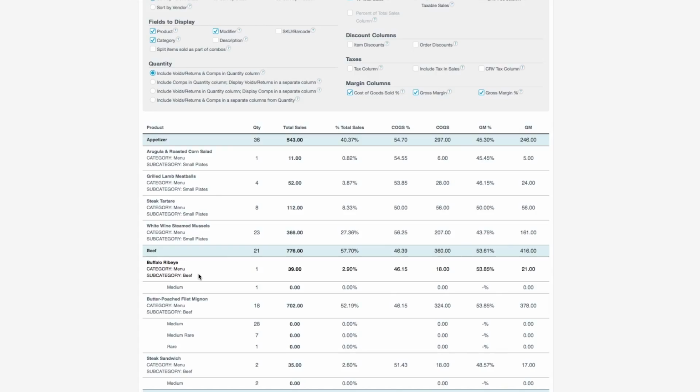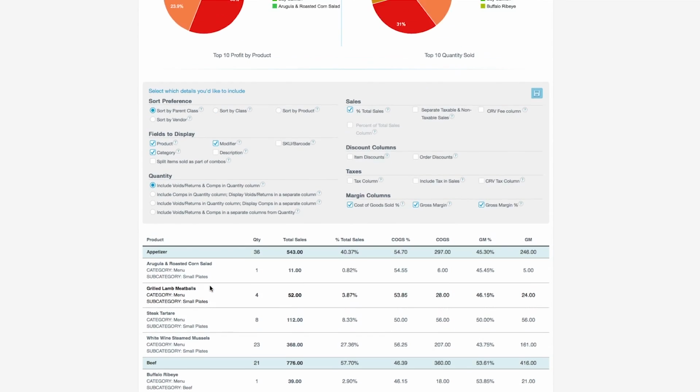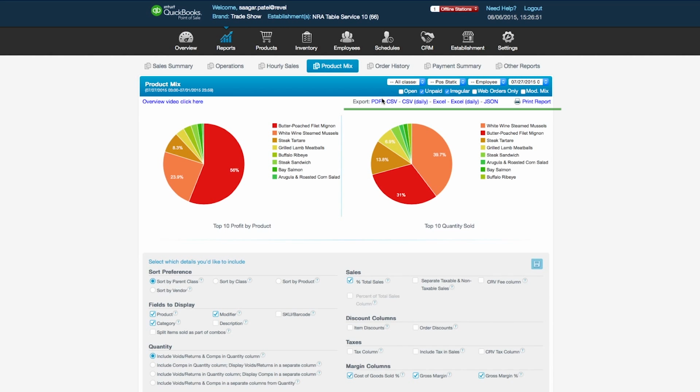Valuable cost information is also presented here. Business owners can clearly see the comparison of cost of goods sold to total sales and the margins they're making on all their products, thus allowing them to make informed decisions on what to offer. You can also export the information in this report to a variety of different file formats as necessary for your